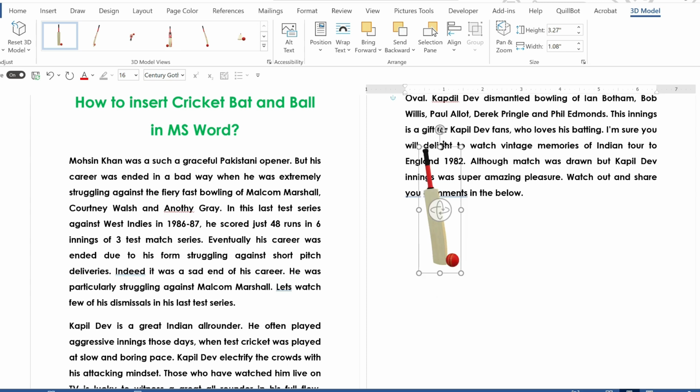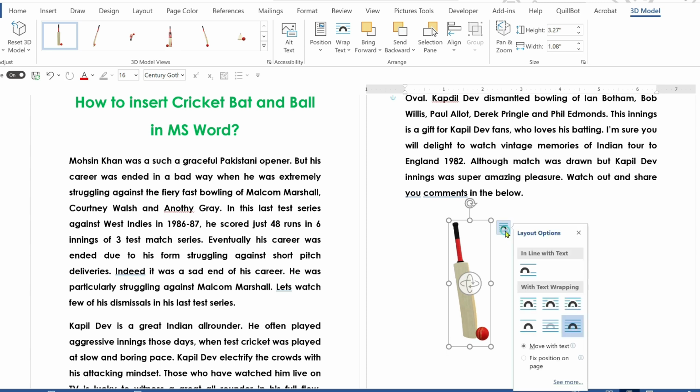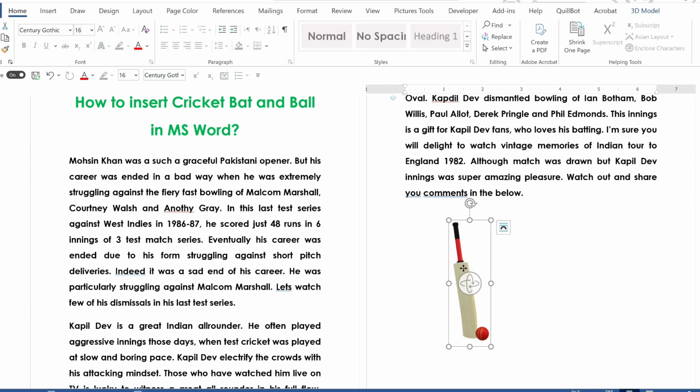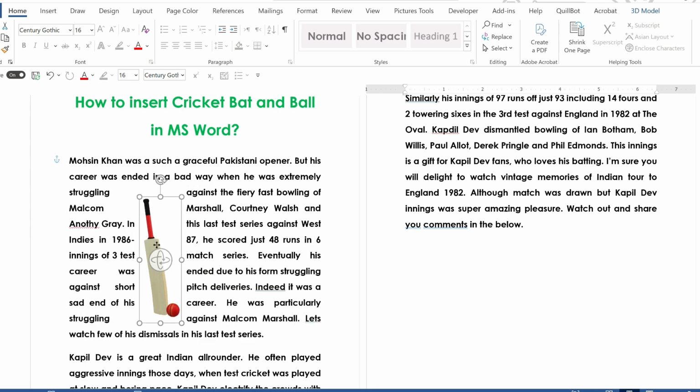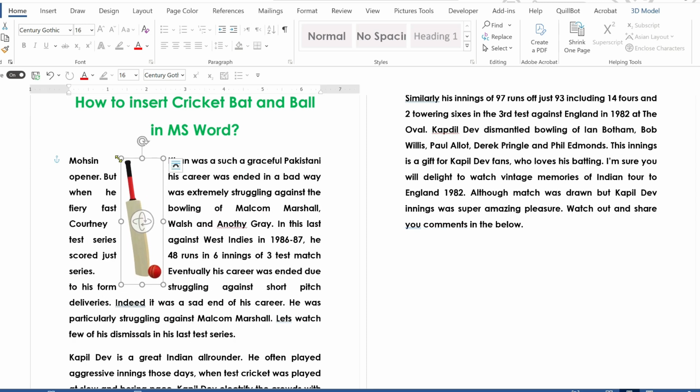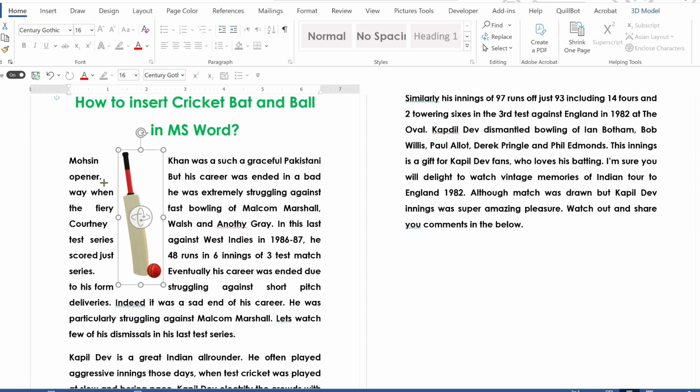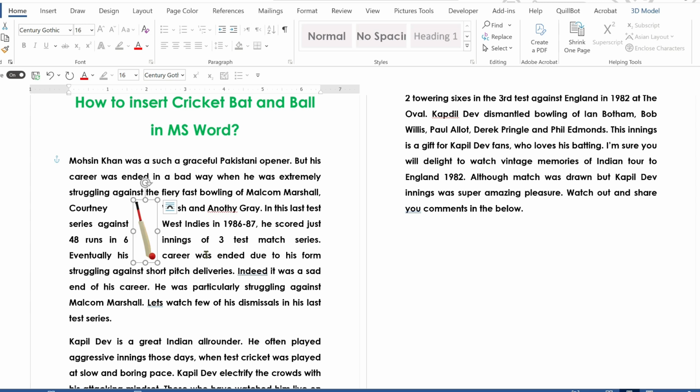Moreover, if you want to place it in between the text, you cannot place it until you do the following: you need to click on this Layout Options and click on this Square option. And now you can easily insert it in between the paragraph wherever you want it and give the rotation as per